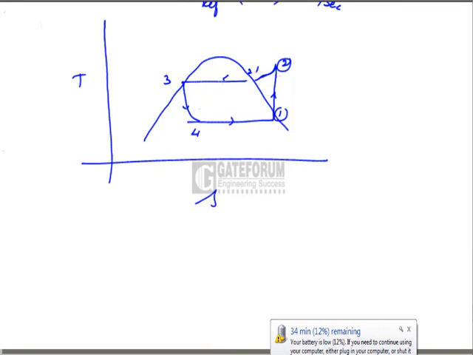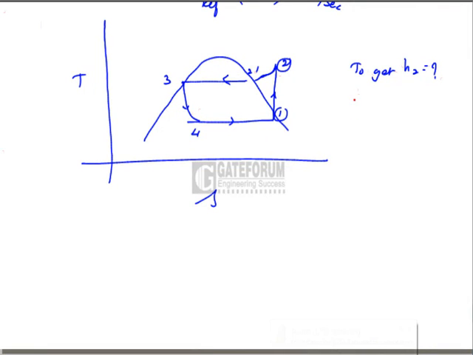To get H2, we need T2 because H2 is equal to H2 dash plus Cp of the refrigerant vapor into T2 minus T2 dash. T2 dash is a saturation temperature at condenser pressure. But how to get T2? To get T2,